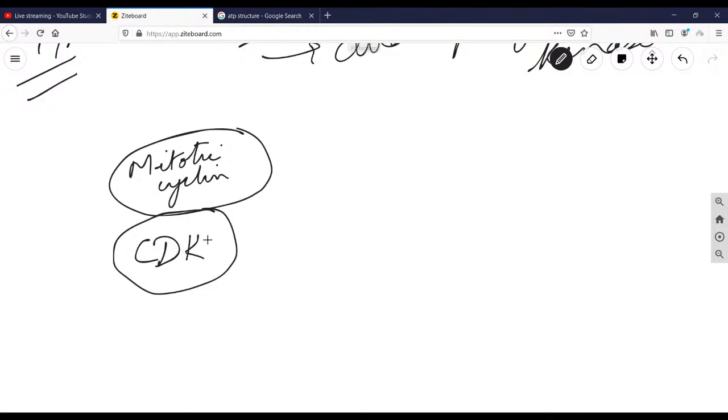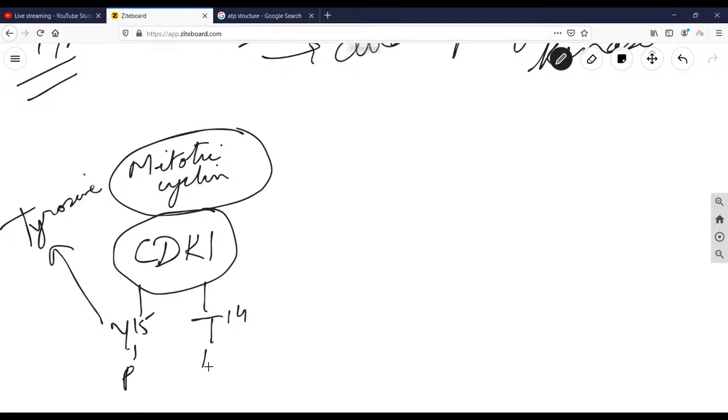Okay, so CDK1, cyclin B. Now this CDK will contain the one letter code for the amino acid: tyrosine is Y, threonine is T. So Y means tyrosine here, T means threonine. So threonine at the 14th position and tyrosine at the 15th position is phosphorylated,